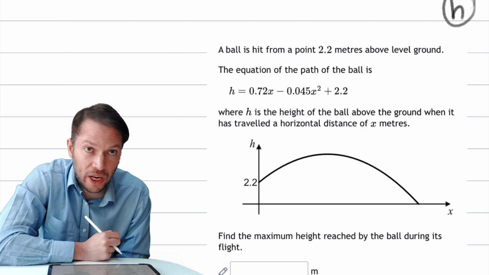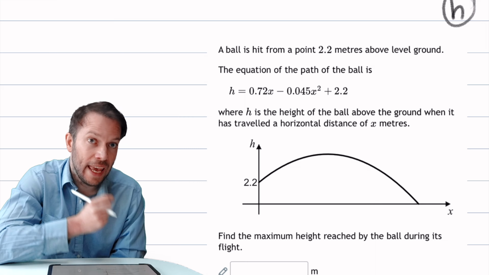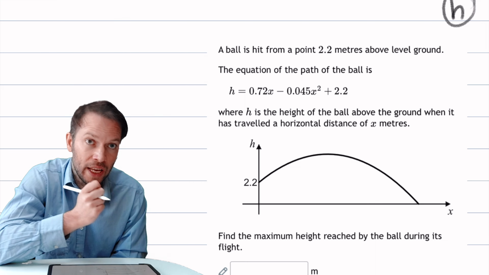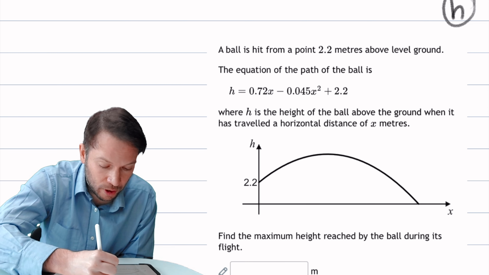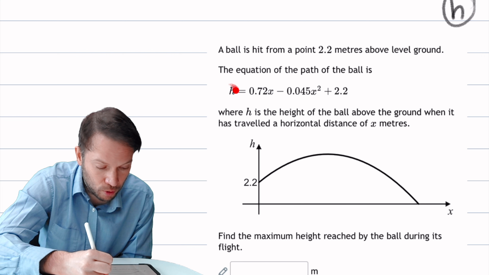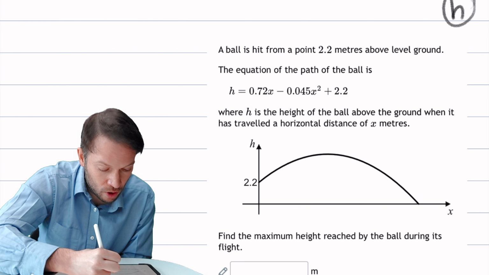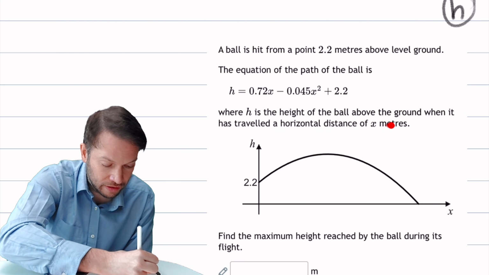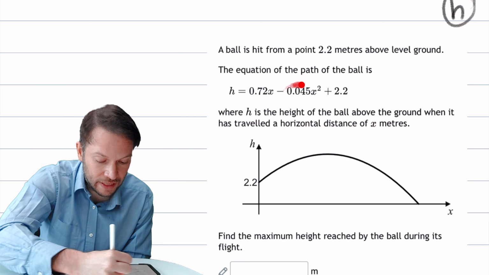Hi, in this video we're going to find the minimum or the maximum point of a quadratic graph in a particular context, in a particular modelled context. So we've got some equation here that finds the height of a ball, h. H is the height of the ball above the ground when it has travelled a horizontal distance of x. So x is the distance, and if we substitute the value of x, that will give us the height of